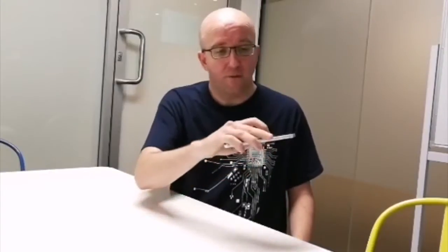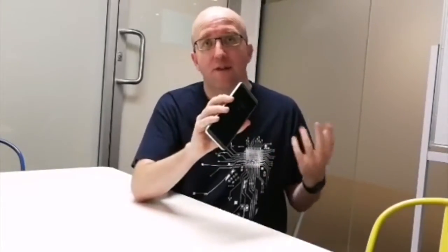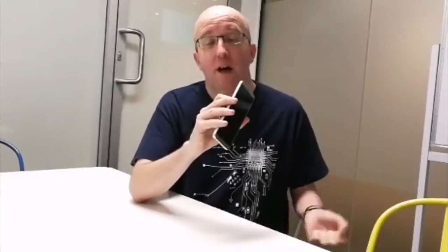but it's one that feels good, it feels premium, it feels good in the hand, and it's not too slippery. The majority of controls are at the rear with a fingerprint sensor, which also acts as the power button just underneath the camera, and then volume buttons at the side. I mean, it's fairly simple. The display screen itself has an 18:9 ratio, and I'll get to that in a second, but it's a nice, bright, high-resolution screen. It's a good piece of kit in design terms, and it looks the part of a premium